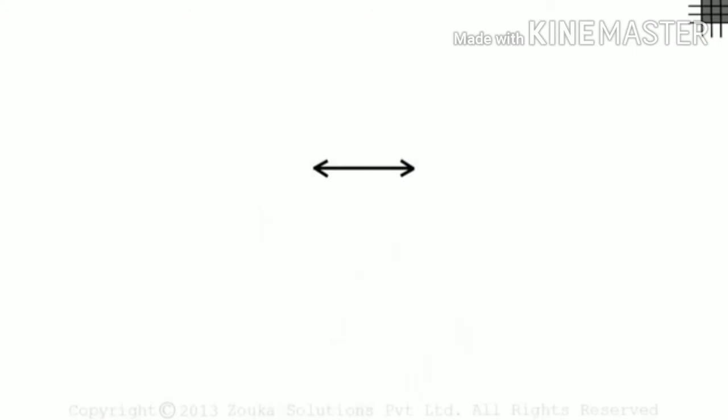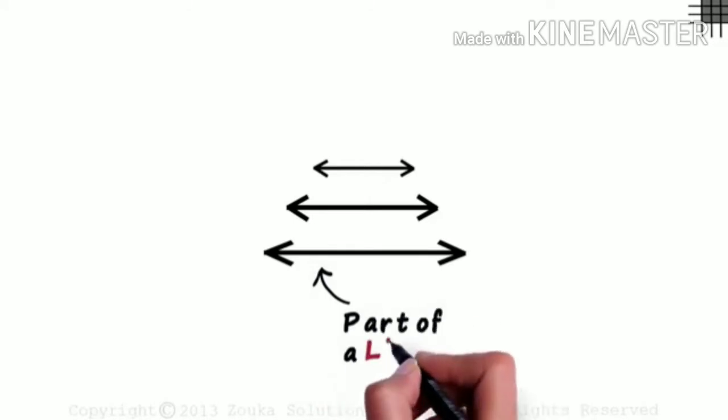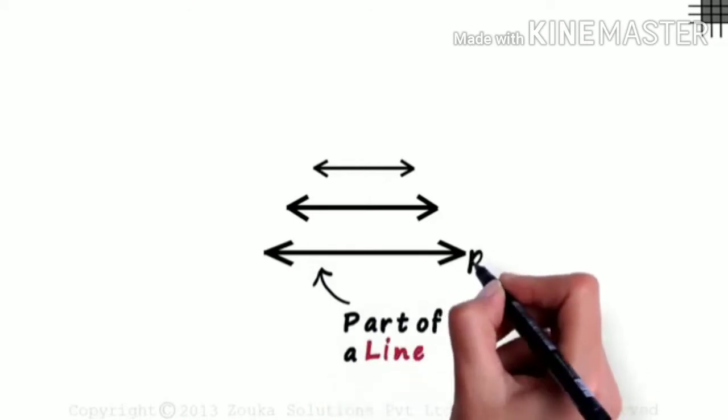A line is made by a pencil or a marker, and it extends indefinitely in both directions. But I can also draw a line like this or like this. It means that we do not have a single way in which a line can be drawn. We just draw a part of a line. Lines are generally named with lowercase letters.